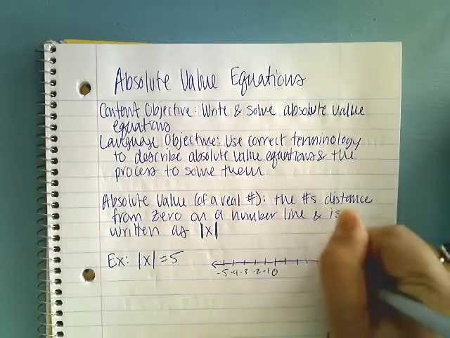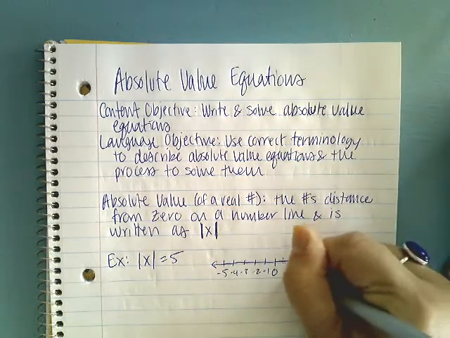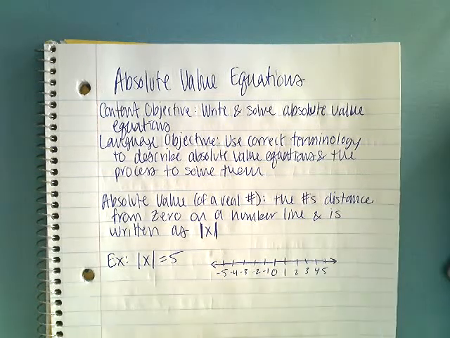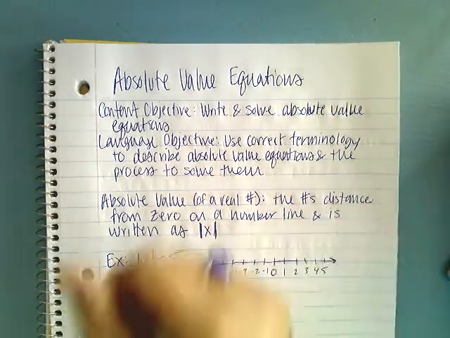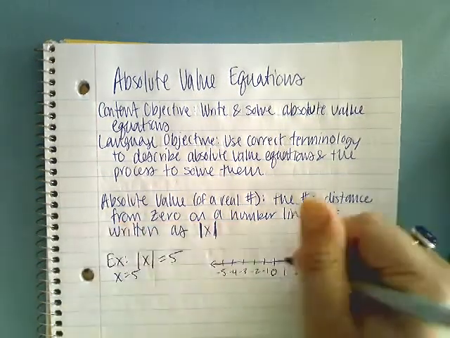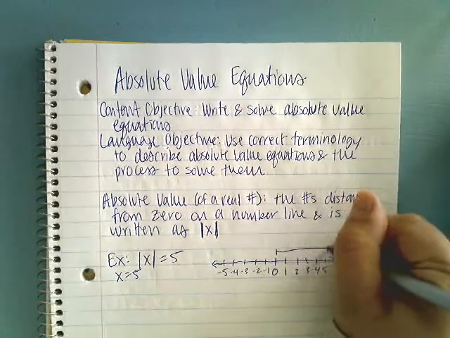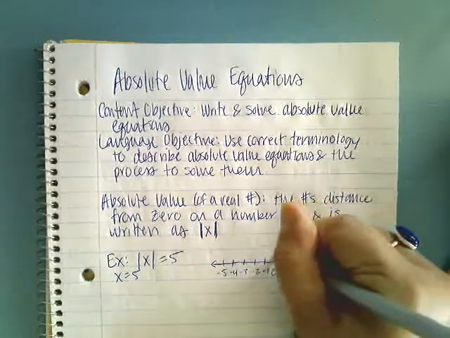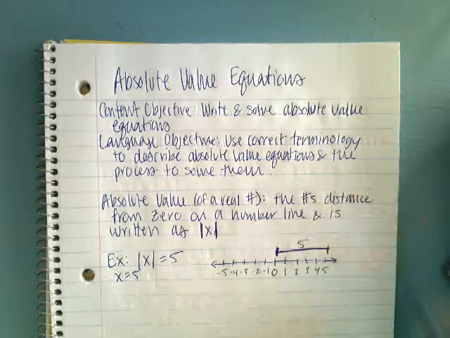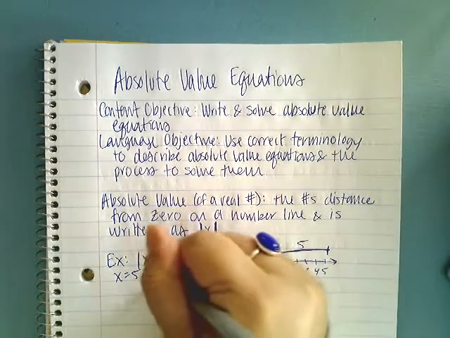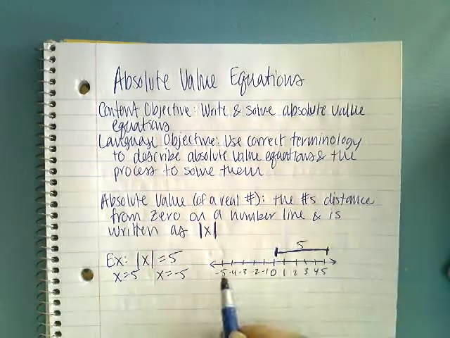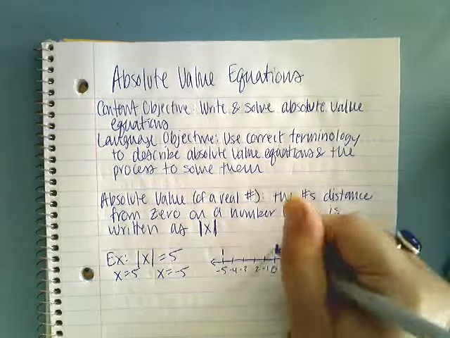So here I know the x can equal 5 because the distance from 0 to 5 is 5 units. But x could also be equal to -5 because the distance from -5 to 0